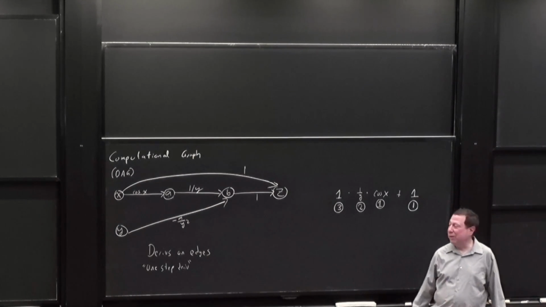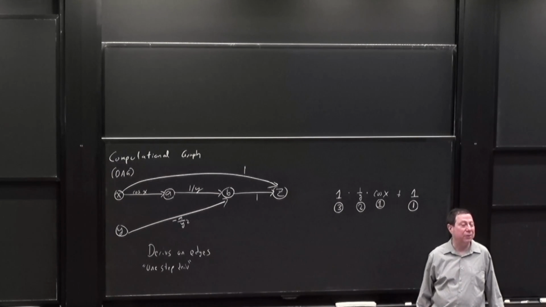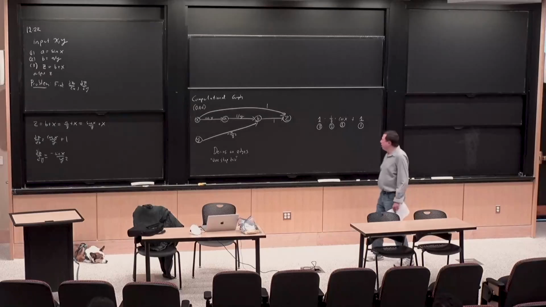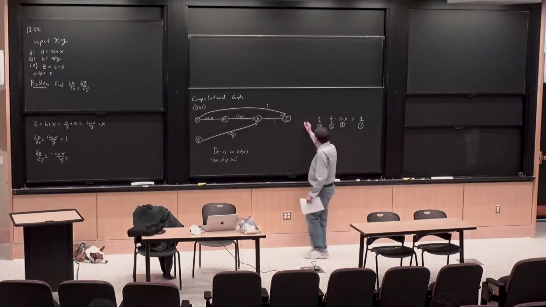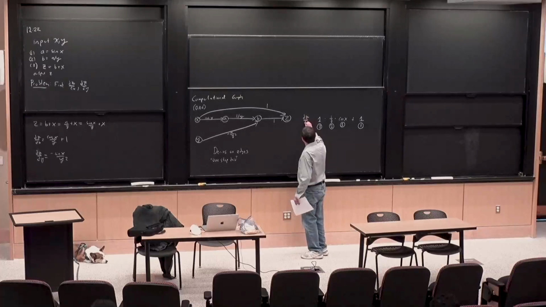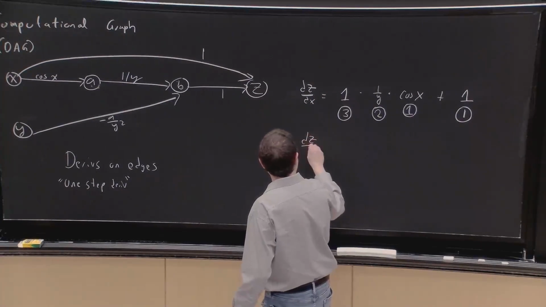And then the order matters, and so the matrix multiply has to go from right to left. Okay, so in this case, it wouldn't have mattered. So this is the correct answer for dz dx, right? And dz dy similarly,